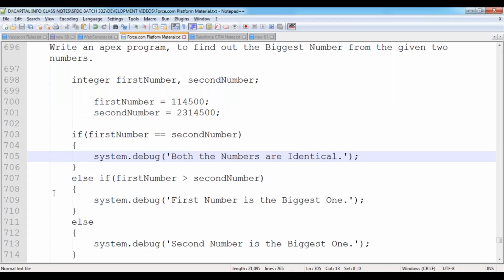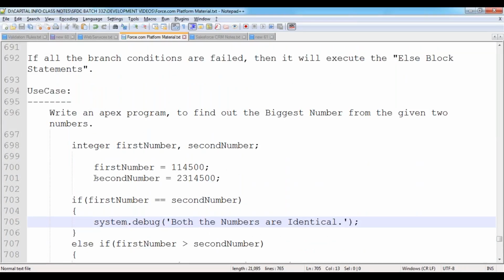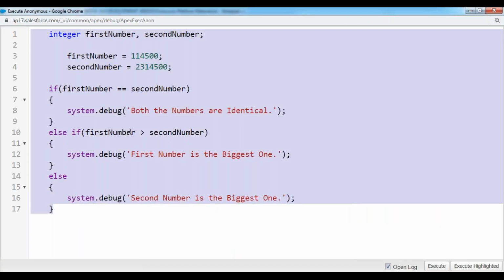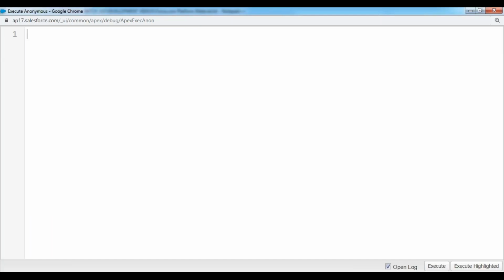Now, the next one. Let's see one more example. I'm indicating the requirement like this. Write an Apex program to print the season name based on the month number